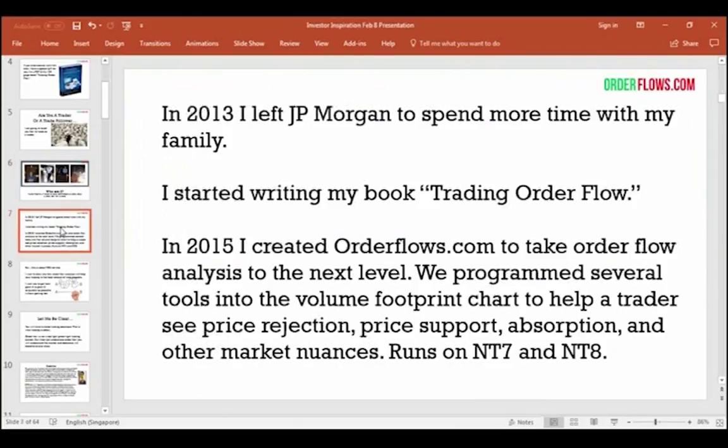In 2013, I left JP Morgan to spend more time with my family. That's the beauty of trading. It gives you the freedom to do what you want to do with your life. I started writing my book on trading order flow, and I was trading as well. I've been trading since the 90s, and you just don't walk away. I still need to follow the markets, and I was still trading with order flow, but